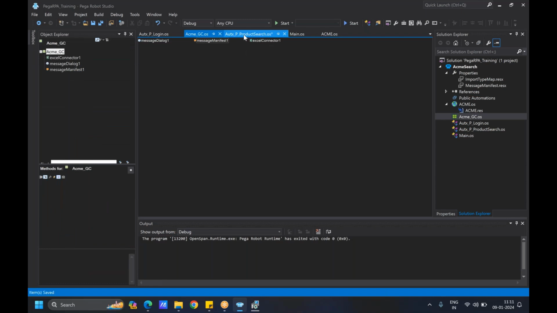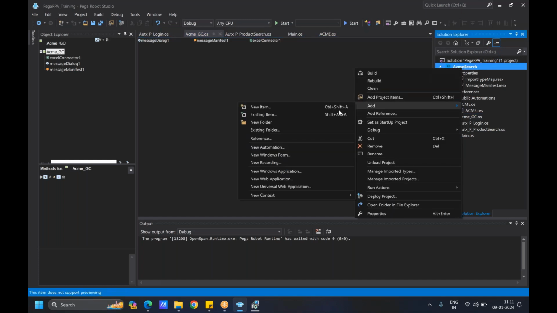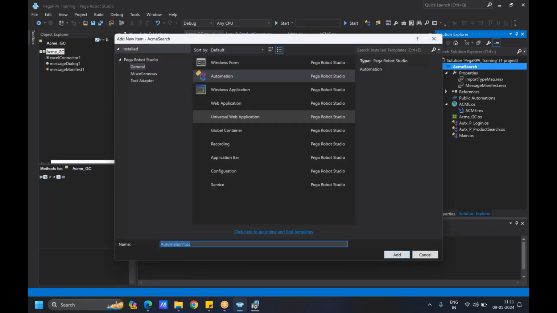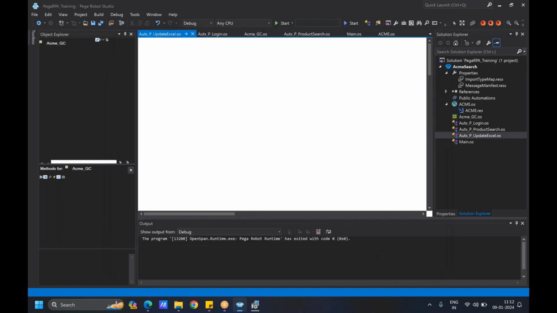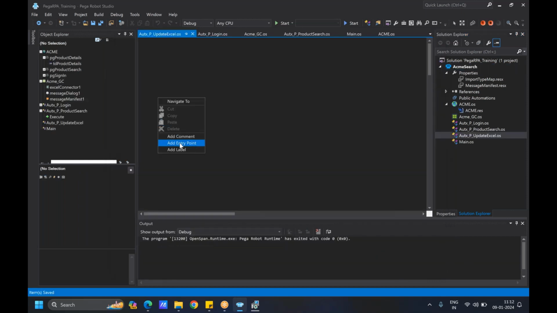So save it and add a new automation in the project, AUTX_P, update, just maintain update Excel. Okay, so we are just updating. So give a right click, entry point,